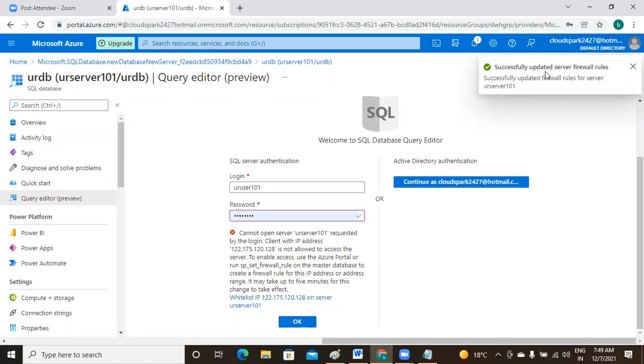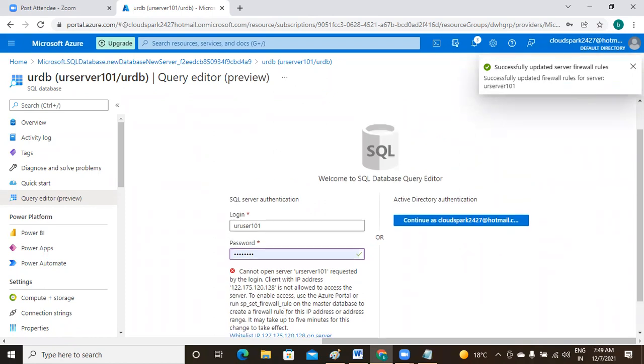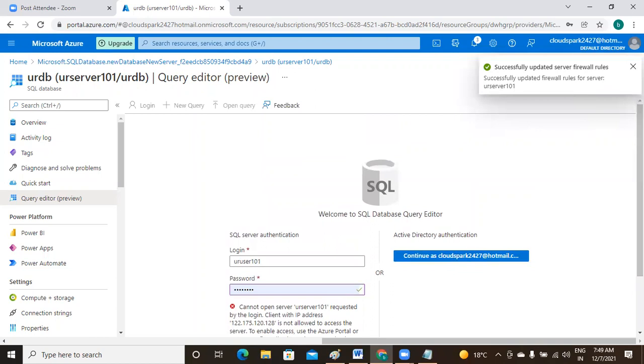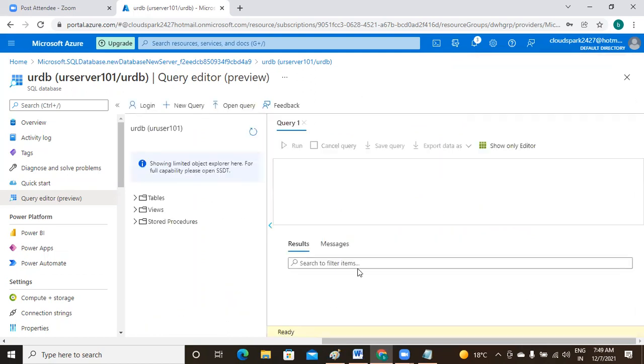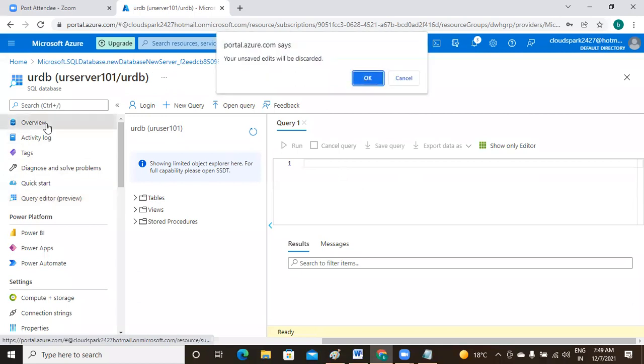See the message, successfully updated server firewall rule. So where that IP address is added, you just check it here. Go to the overview.